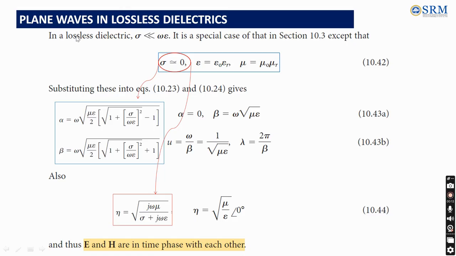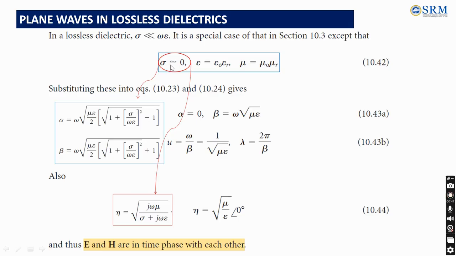that. So in lossless dielectric, we already know that conductivity is very less when compared with omega epsilon, and it is a special case of lossy dielectric if conductivity is assumed approximately equal to zero, because there will be no conductivity there. Permittivity and permeability are similar to the lossy dielectric, where they depend on free space as well as relative values. Okay, now in each of the cases we have to find alpha, beta, velocity